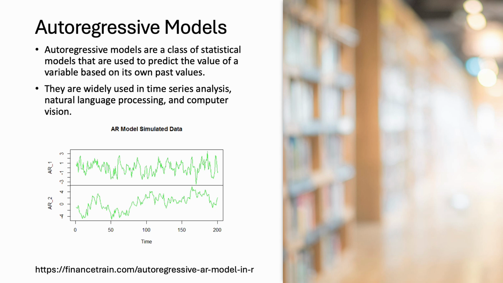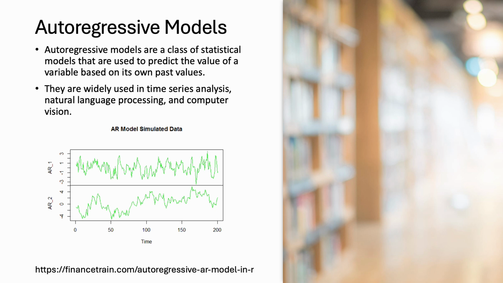We will be discussing quite a few models today, but before I go into the autoregressive models, let me share a little bit more on AI models and why they are significant. An AI model is a neural network, in major, that's what we have as humans, which is inspired by the structure and function of the human brain. Neural networks consist of layers of interconnected nodes or neurons that process and transmit information.